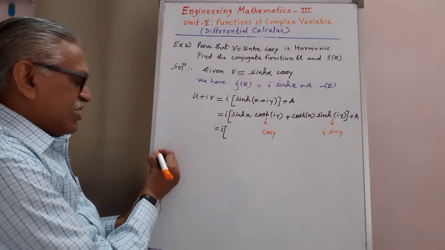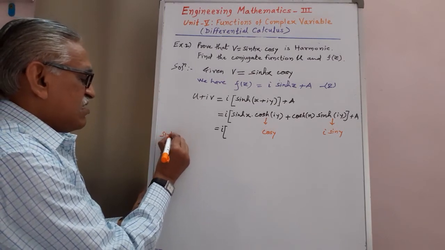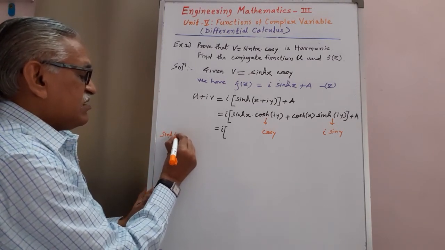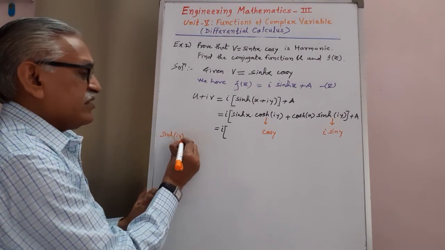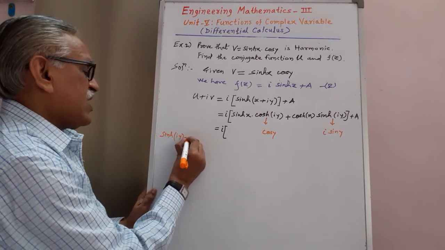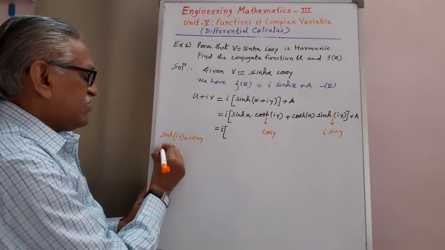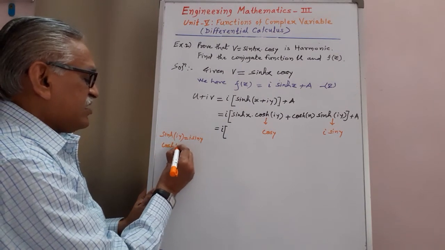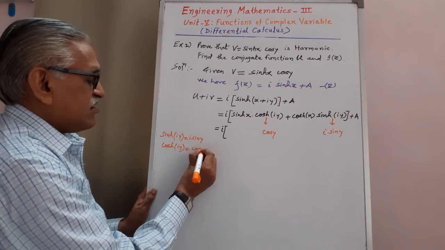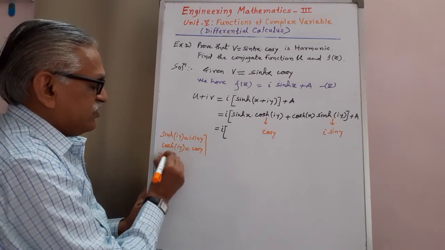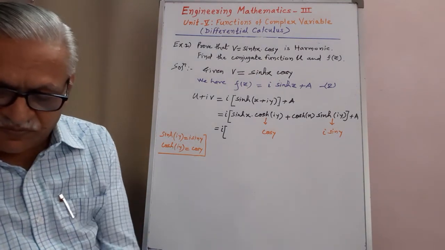Therefore, I am using these two standard results, sin hyperbolic iy as i sin y, and cos h iy as cos y. We are using these two standard results from complex numbers, and therefore